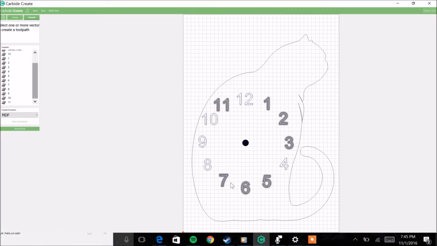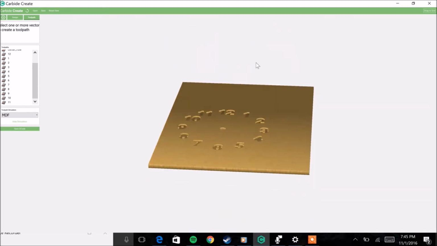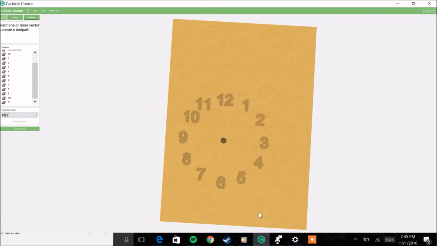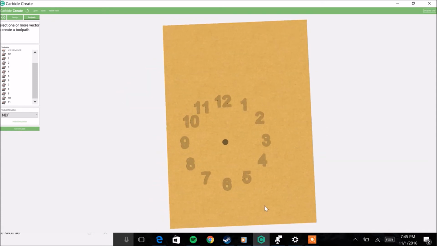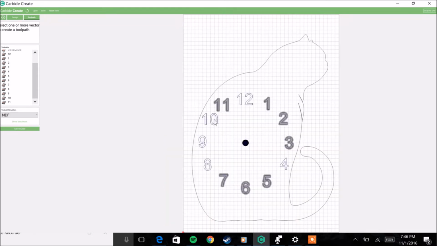Okay, so by now you should have all the toolpaths done for the numbers. So we can go ahead and check that out by clicking Show Simulation. And there you have it. One thing I'm going to do is the 10 looks a little smushed close to the 11. I'm going to fix that quickly by clicking Hide Simulation, and we can take the 10, I'm going to move it